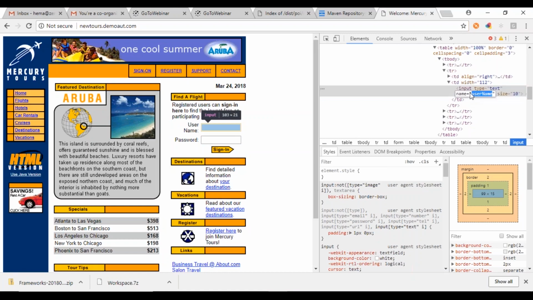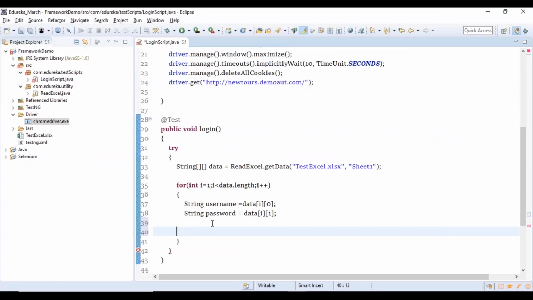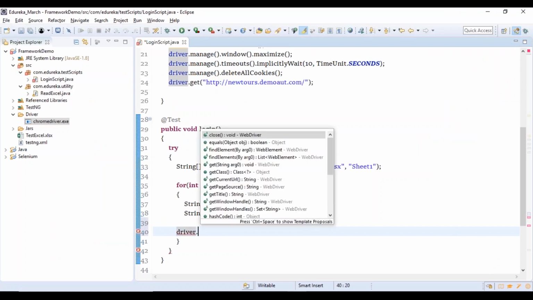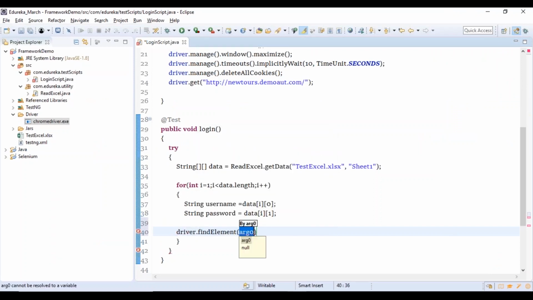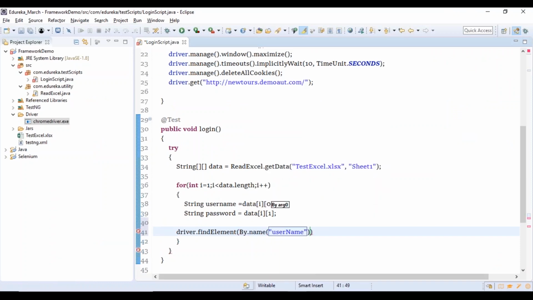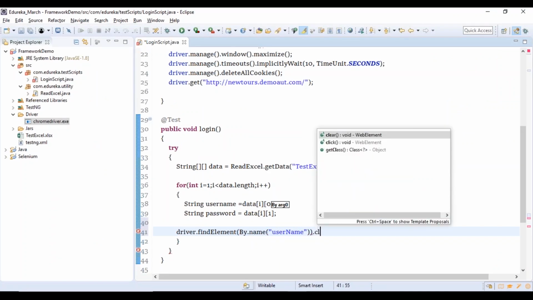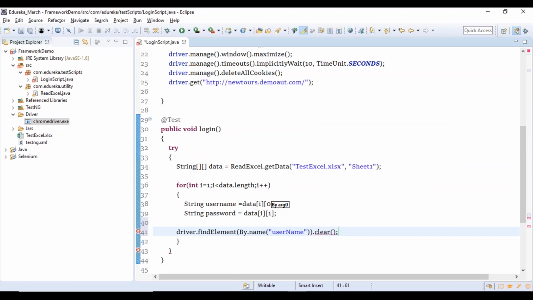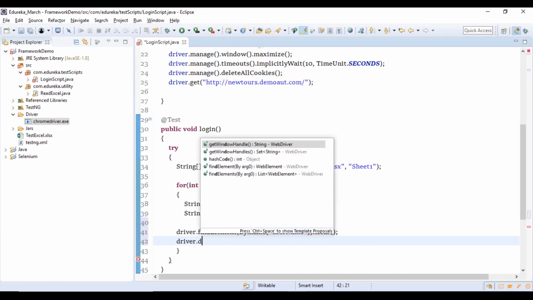It has name is equal to username. So let me capture this. Let me add one line, driver.findElement(By.name("username")). First, let me clear the values. Okay, let me use this line, you'll understand the usage of it. Let me clear the values.